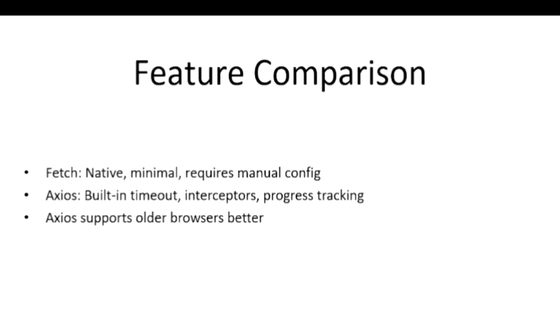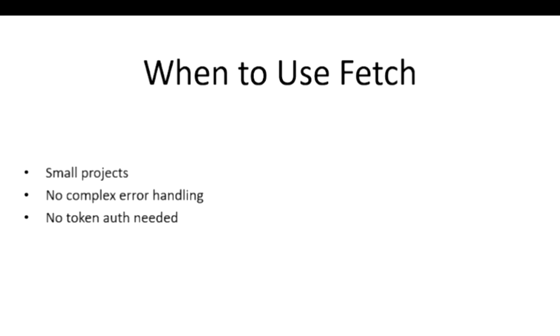So now the next question appears: when to use Fetch and when to use Axios. This question comes to mind many times. Use Fetch when you are working on a small or medium sized application with basic API requirements. If the project is small, no complex error handling is required, or no token authentication is needed. If your application doesn't need features like global error handling, interceptors, or attaching tokens to headers, then Fetch is a lightweight and dependency-free solution. But when to use Axios?